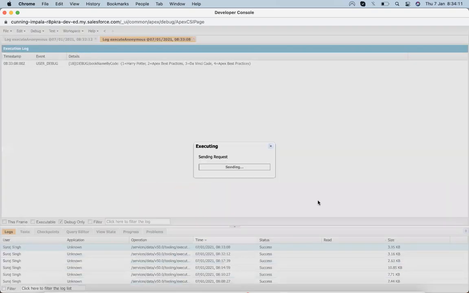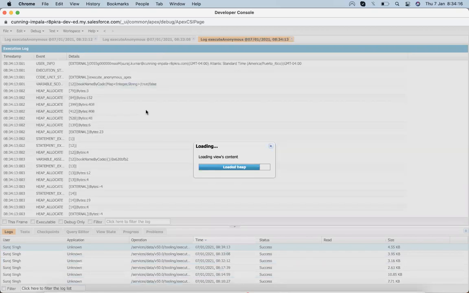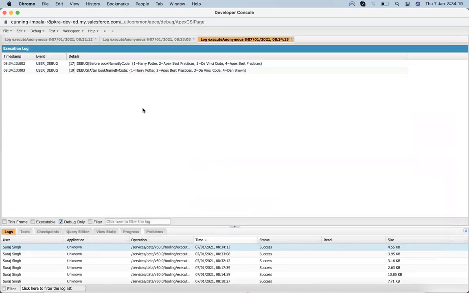Now it's executed. As you can see, before adding, at the fourth position we see Apex best practices. Once we duplicate that key, it overrides the previous value. That's a precaution we need to take while working with a map: its key must be unique. If it is duplicated, it will override the existing value.